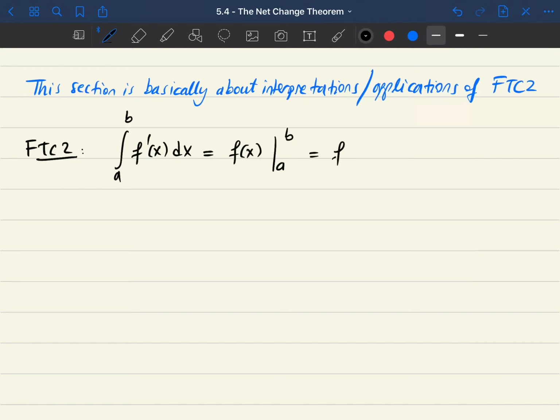So this means the net change in f. Now, later I'm going to say this is exactly the statement of the net change theorem, but it's stated in a different language. Now before we get to that theorem, let me give you one example of how you can actually use